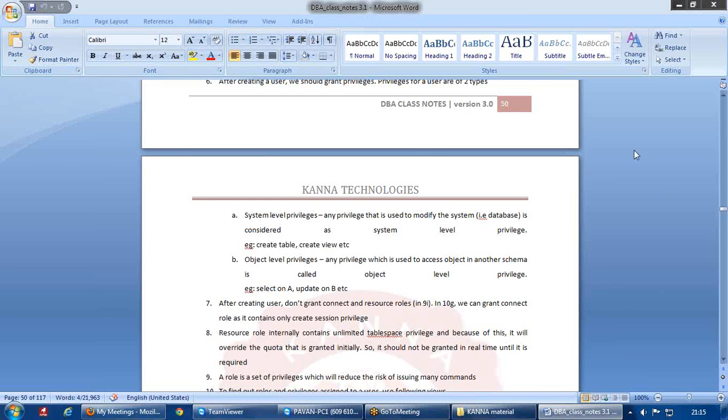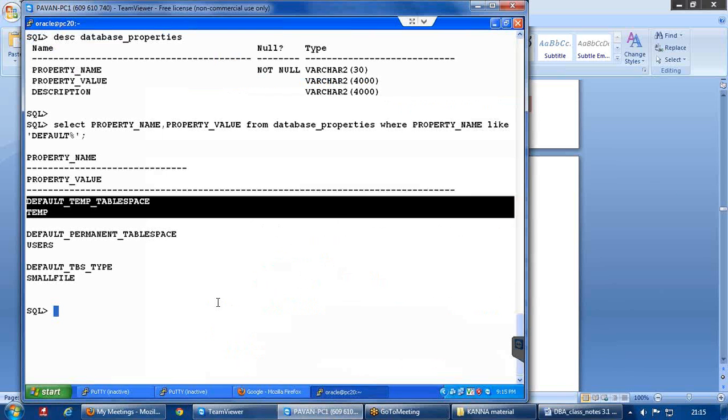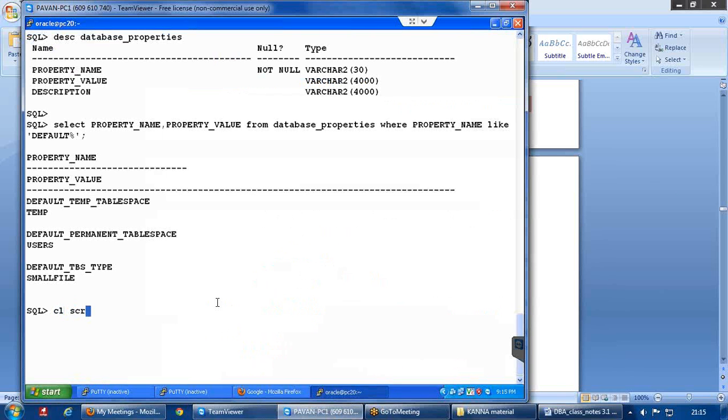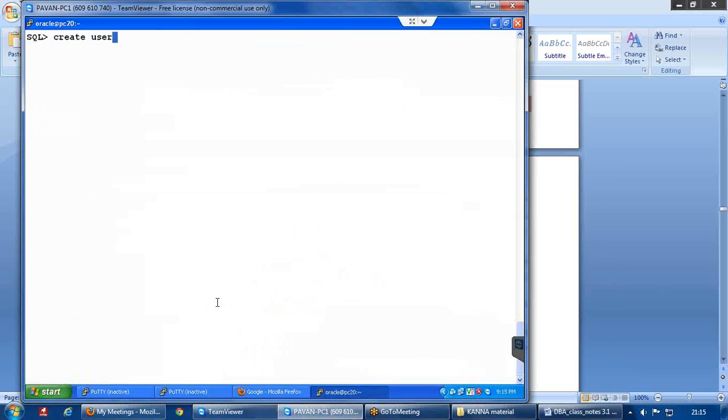Okay, so let me create one user and show you how that is going to work. For the naming convention, I am taking the username as Kanna1, and I am giving the password as the same.